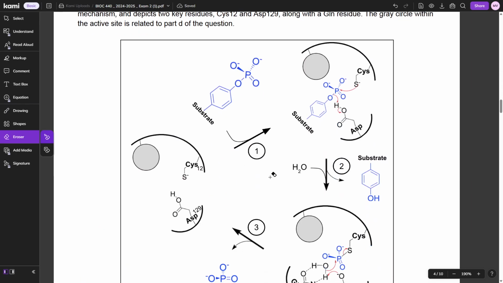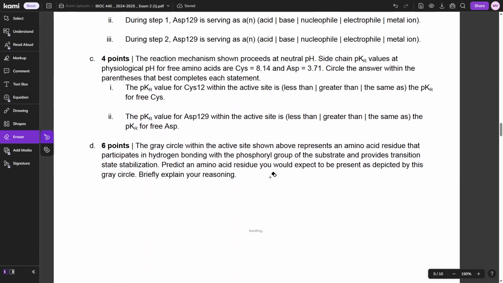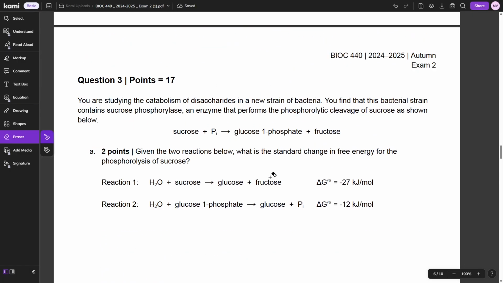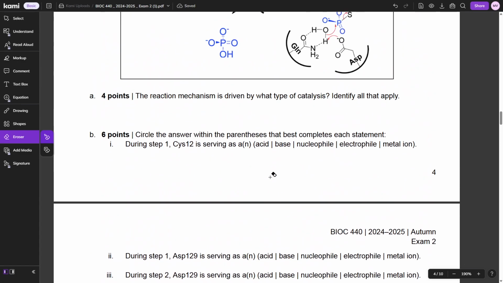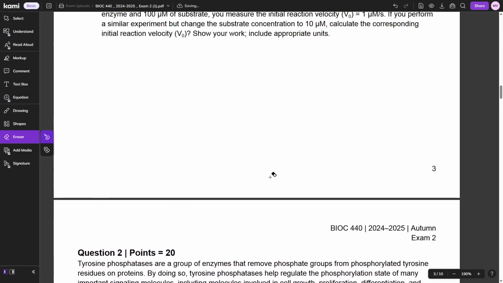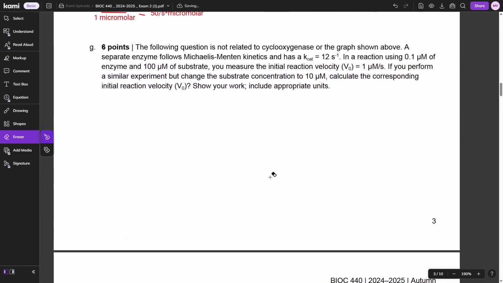And there are much easier problems here, funny enough. There are so many easier questions if you go down here that I would totally recommend skipping this if you're not too comfortable with the Michaelis-Menten stuff. And even if you are, this is a time cruncher and it takes a lot of time. So prioritize the easier questions, get the free points, and then come back and do this later, right? It's only 6 points, right? So,